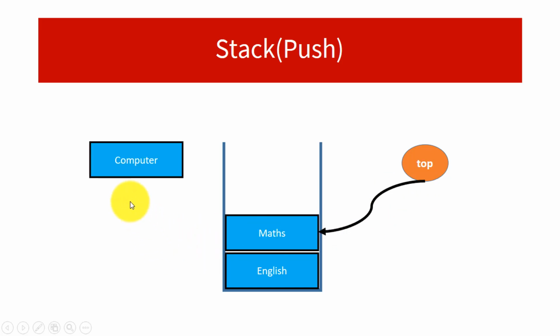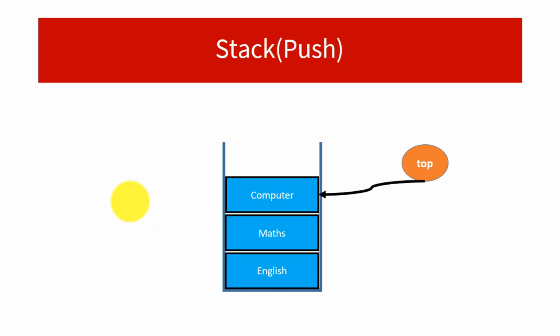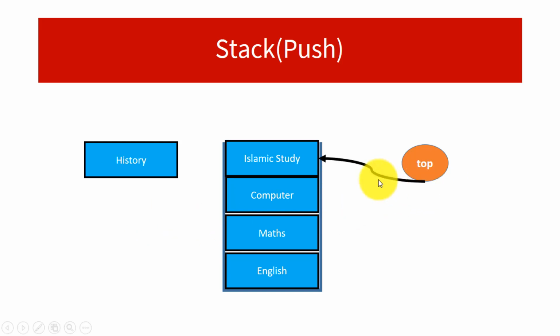Similarly, if you want to put a computer book on this particular stack of books, we can push that particular book on top of the stack, and the top pointer is updated again. And if you want to push an Islamic study book on top of the stack, the top pointer has been updated, and this is how the push operation works. So it means internally in the stack, we need to have a sort of marker or a pointer which always points to the top of the stack, and it has to be remembered, because in the implementation we're going to do exactly that. And at this moment the stack is full,